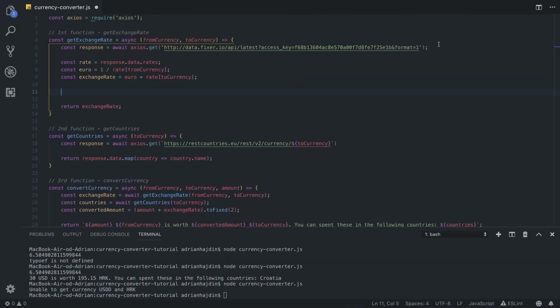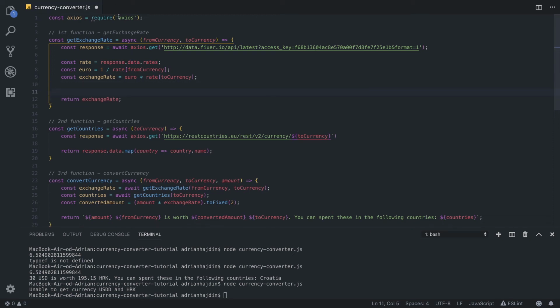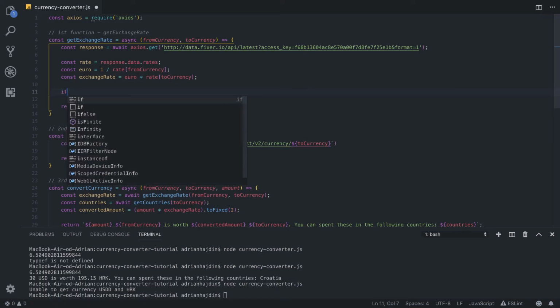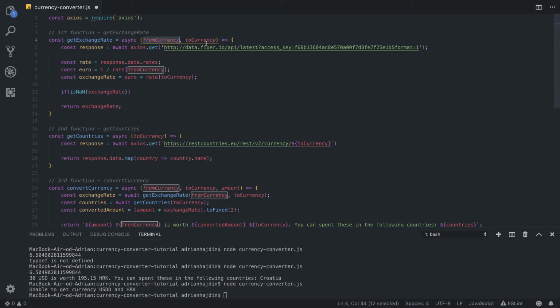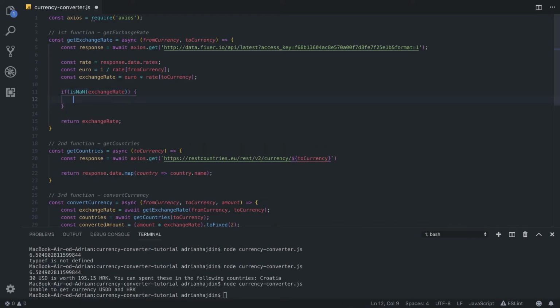Okay, for our first function, since the first API doesn't provide us with error handling by itself, we are going to need to create error handling by ourselves. So we can do that with a simple if statement. We need to check whether exchange rate is not a number, so we'll write isNaN and pass in exchange rate. If we calculate from currency into currency, and if everything works well, exchange rate must be a number. It cannot be not a number or undefined or null or something else. It has to be a number. So if exchange rate is not a number, we are certain that something went wrong, and then we can throw new error,